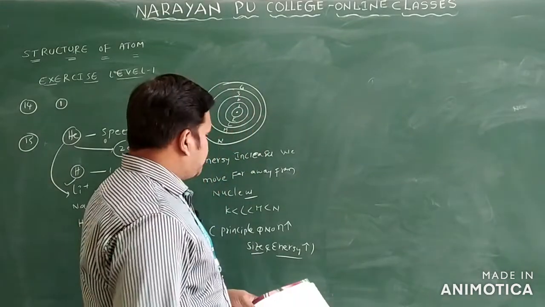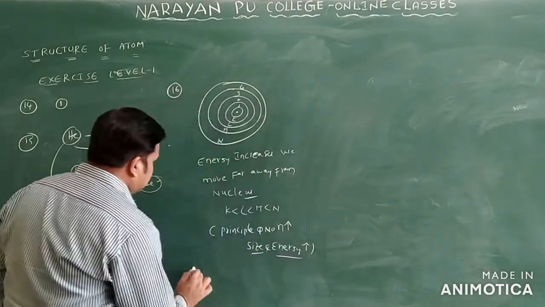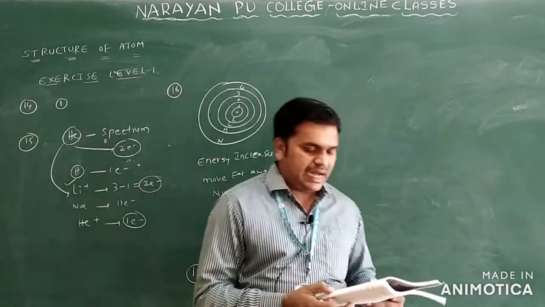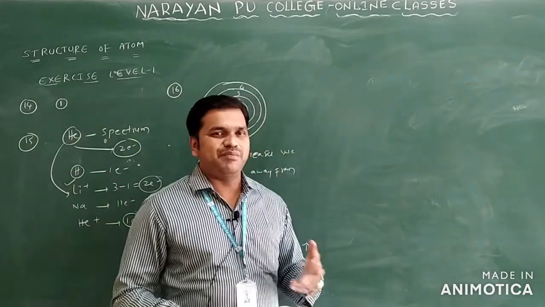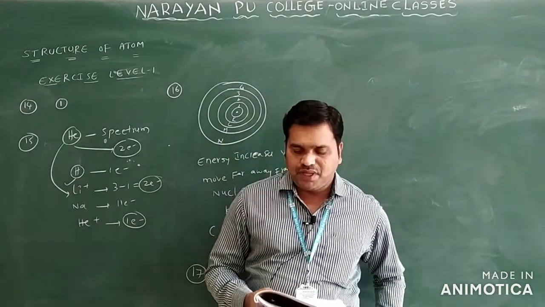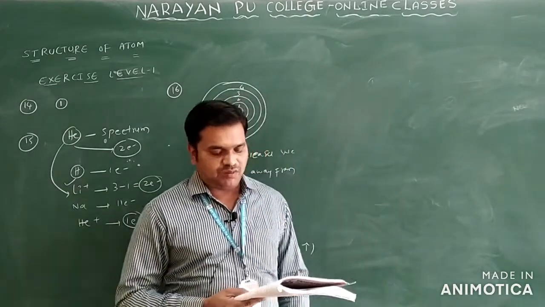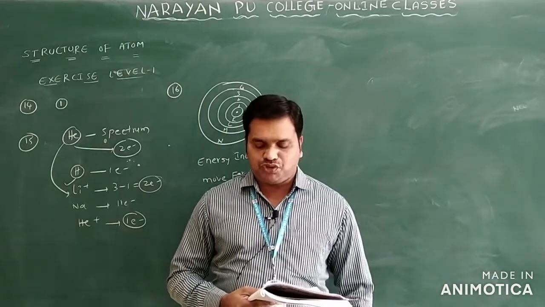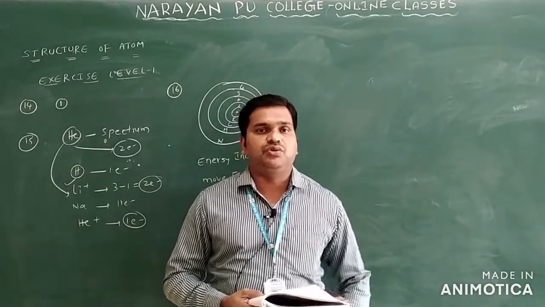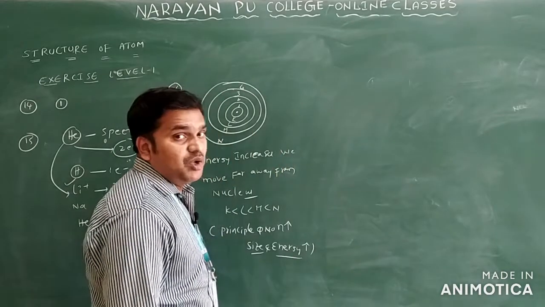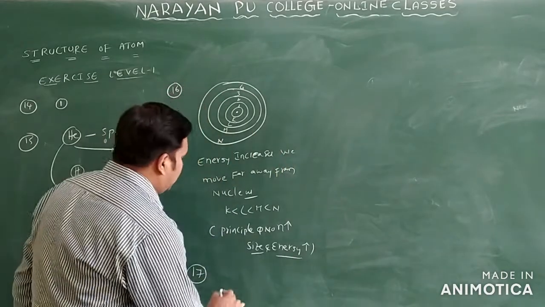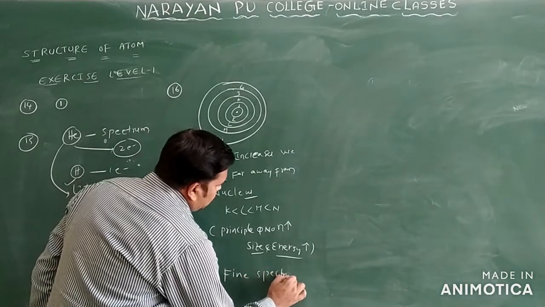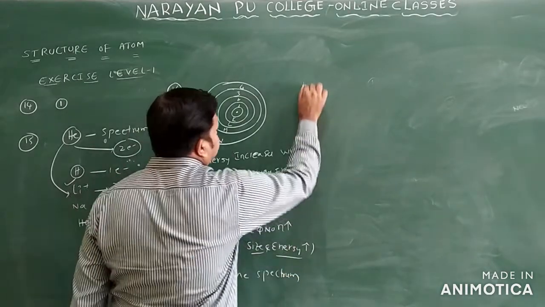So now we can see question number 17. This is also one of the direct questions we have. Bohr model of the atom could not account for: these are the demerits of the Bohr model we already discussed here. Emission spectrum, absorption spectrum, line spectrum and fine spectrum only. It mainly does not explain the fine spectrum of the hydrogen atom only. So it is a direct question, one of the demerits of the Bohr theory. What does it not explain? It does not explain clearly the fine spectrum only.